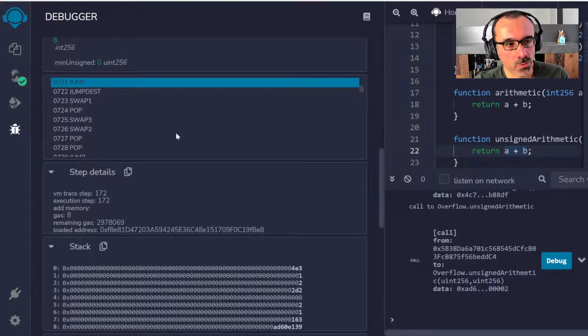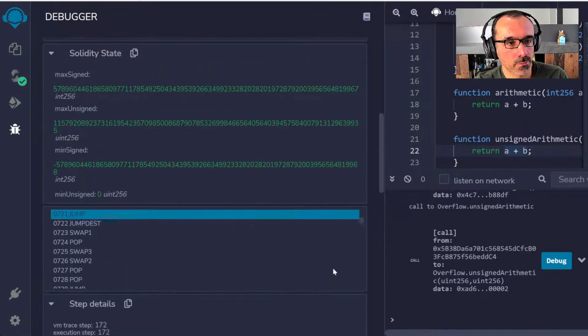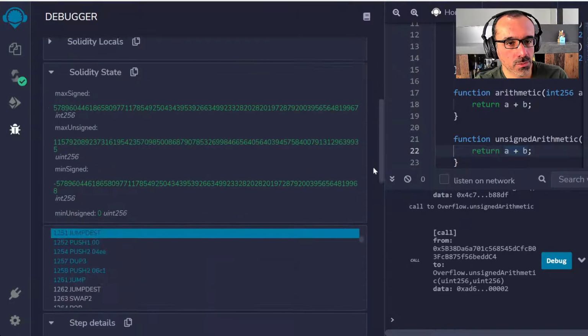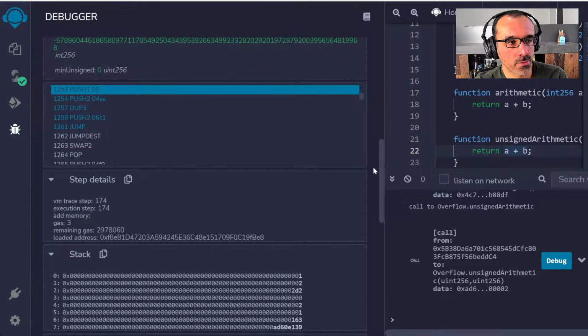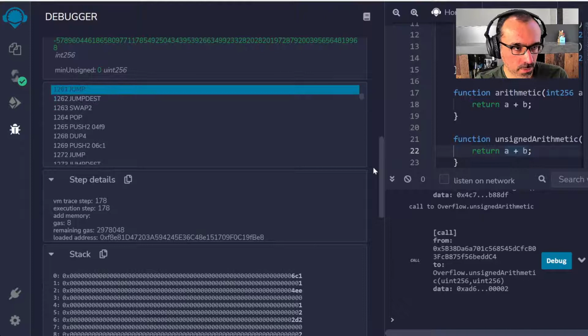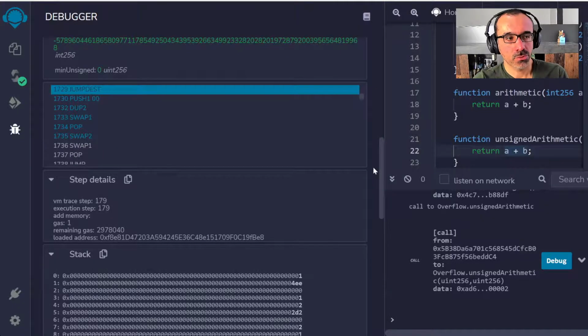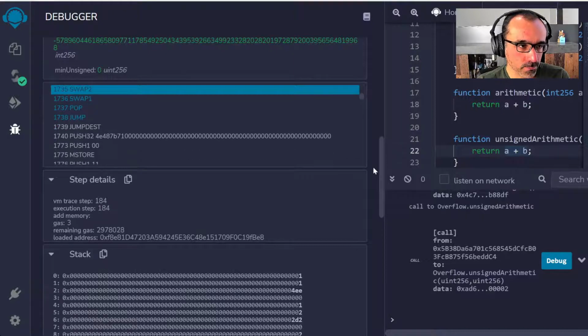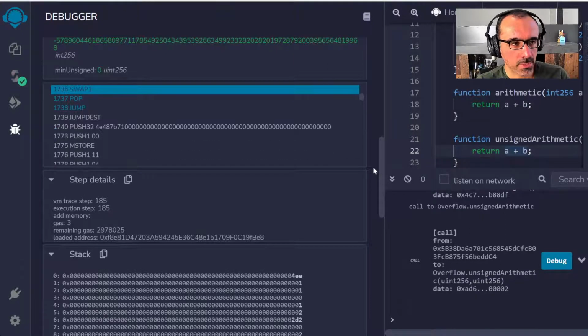Again, I'm not going through all of these things at the moment, but effectively this jump will jump to this address that we see here. After a couple of instructions, there is an interesting arithmetic precondition done.